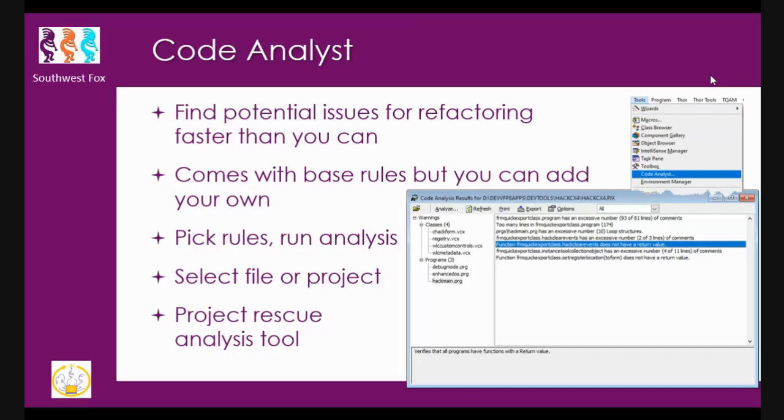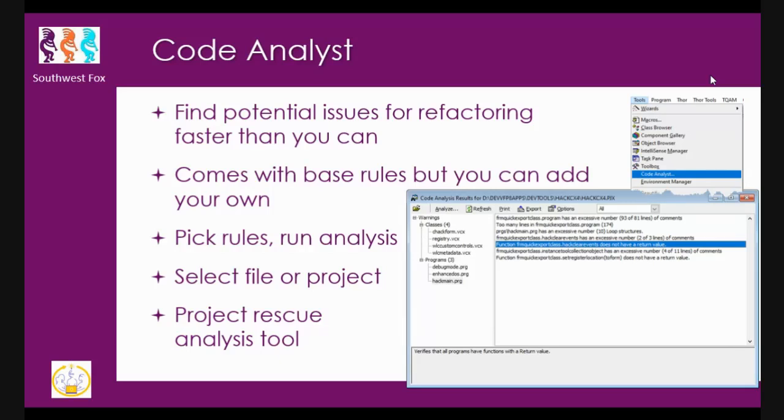But what I really like to use it for, and I use this fairly regularly because we take over through project rescues or assisting other developers with their projects, is that I'd like to be able to run it to find certain things that I've been burned by in the past. How many people have been burned by ON ERROR * in somebody else's code? Because I'm certain none of you have written your own. Okay, ON ERROR * is a great way to have perfectly great running code.